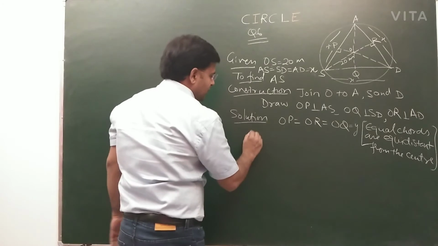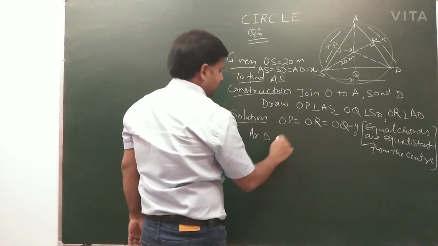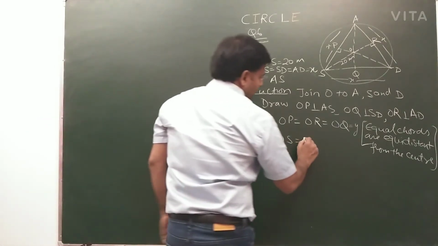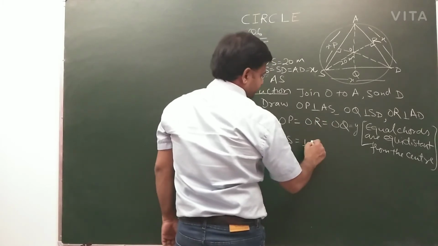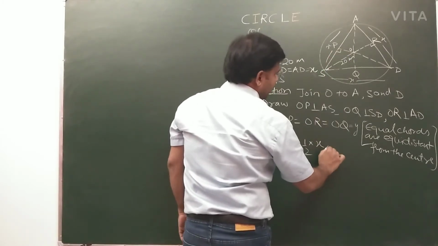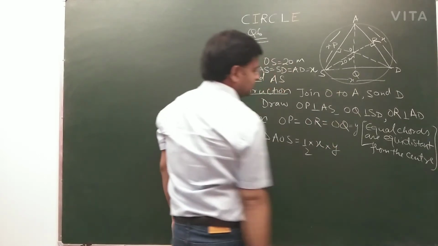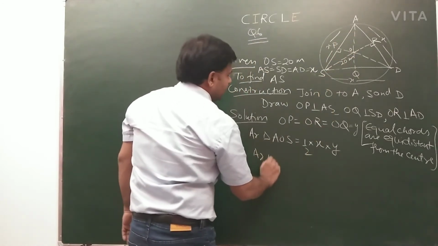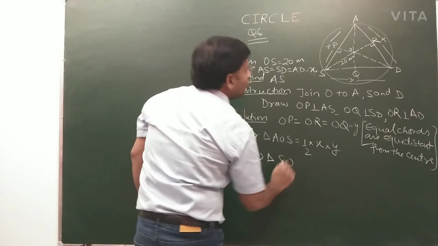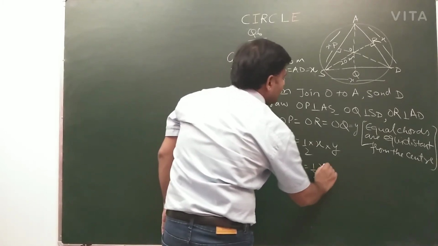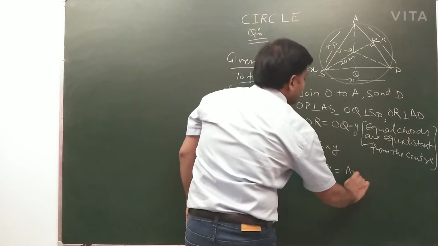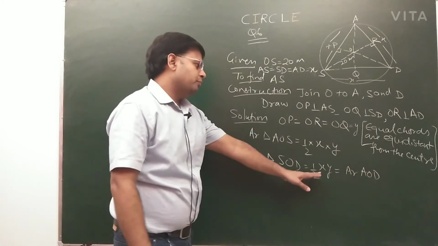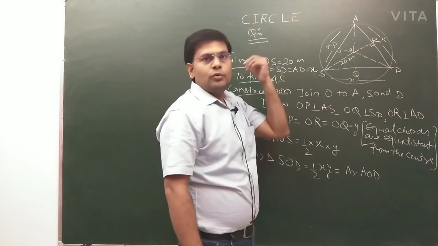So we start from here, the area of triangle AOS. You know that the area of triangle AOS will be 1 by 2 base into height. Base is your x and height is your OP. Assume this as y. So similarly for all the rest of the triangles. You can see the area of triangle SOD is also 1 by 2 x into y, and the area of triangle AOD is 1 by 2 base into height, because all sides are equal to x and all heights are also equal.